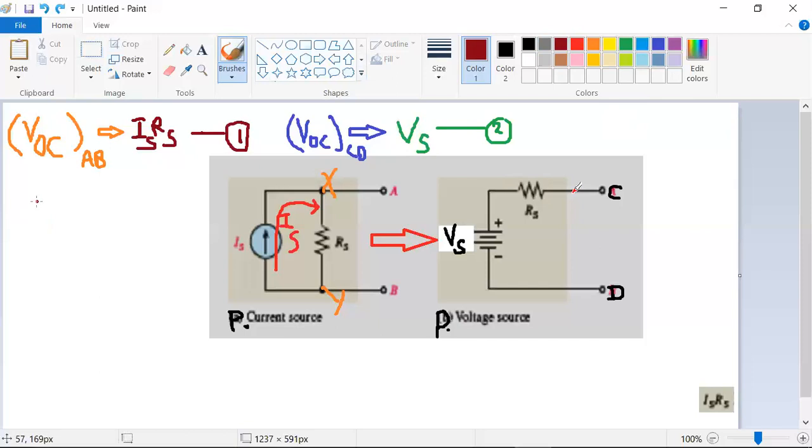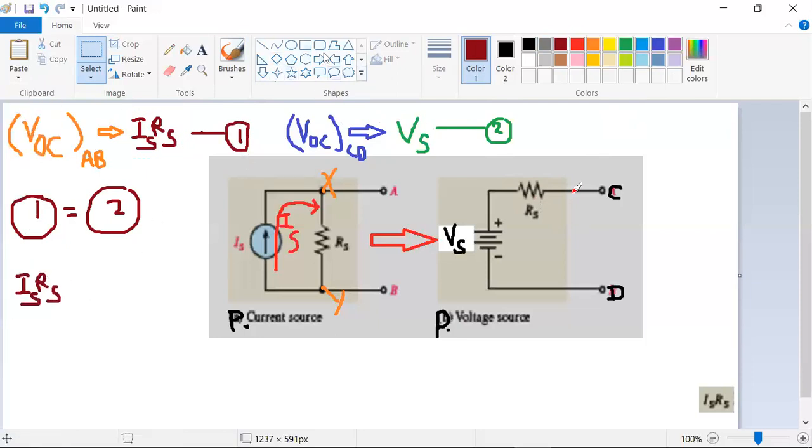I'm equating equation 1 and equation 2 for the equivalence of the circuit. Then my derivation will look like this,